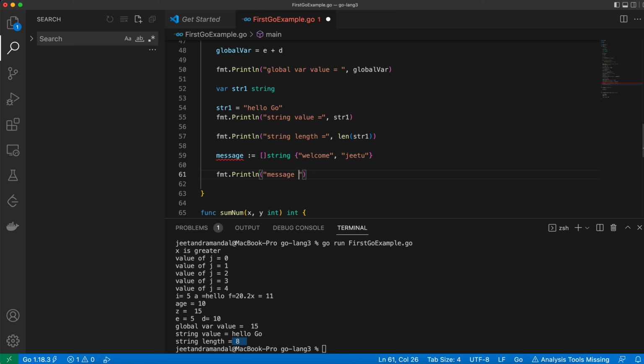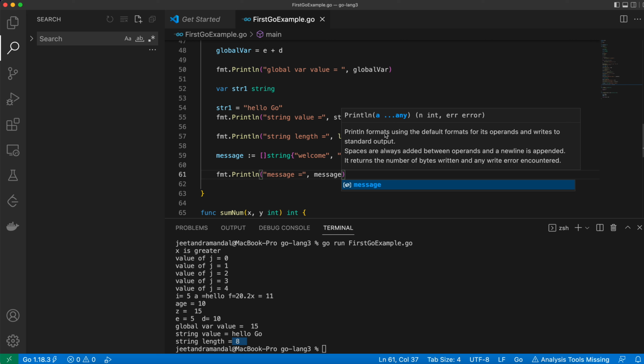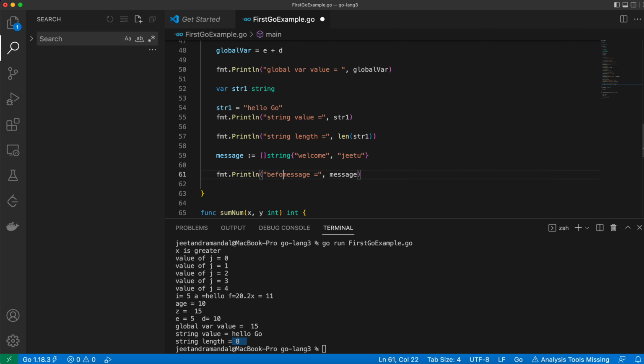Message. If I print before concat, and to concat it I'll use another function,